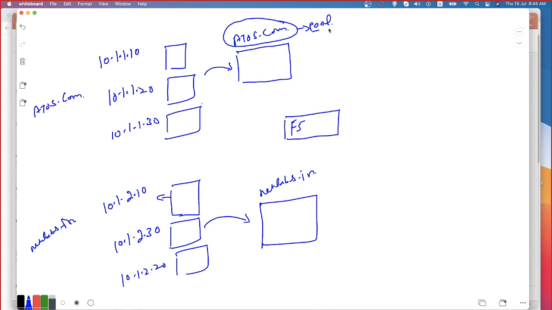Now when I say pool, the pool members will be identified, let's say 10.1.1.10 listening on port number 80, 10.1.1.20 listening on port number 80, 10.1.1.30 listening on port number 80. So these are all the members of this particular pool of servers on which the atos.com service is running. Till this point is clear or not? Any questions?